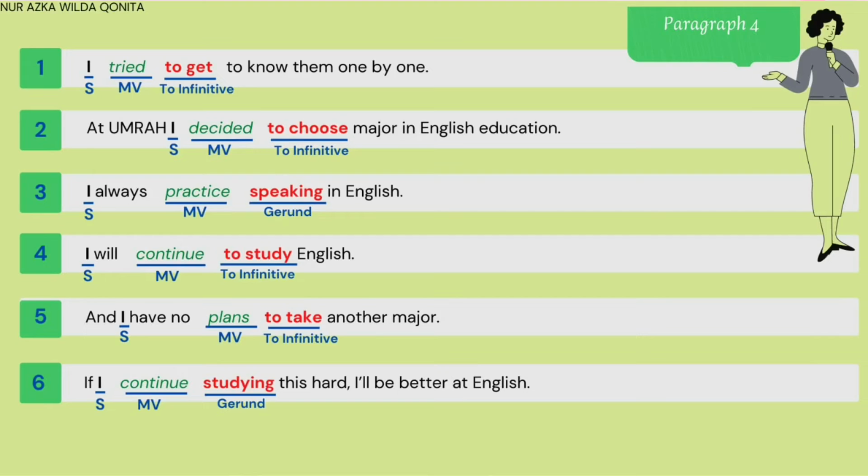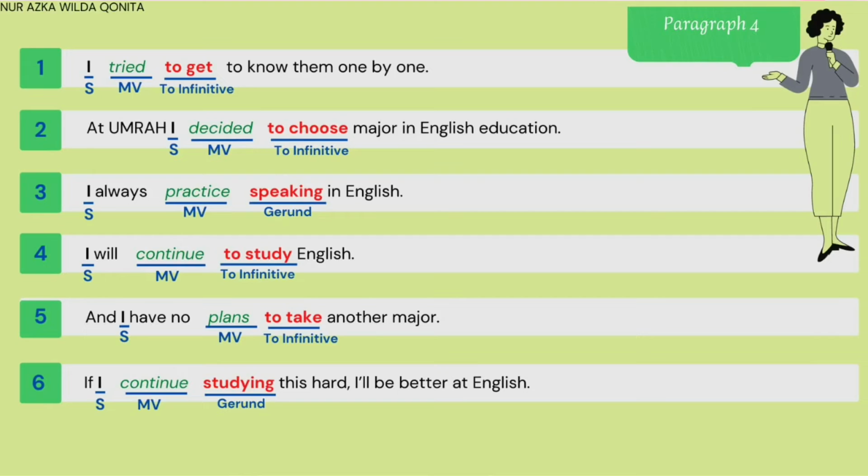So I in here is the subject, decided in here is the main verb, and to choose in here is the to infinitive. Number 3, I always practice speaking in English. So I in here is the subject, practice in here is the main verb, and speaking in here is